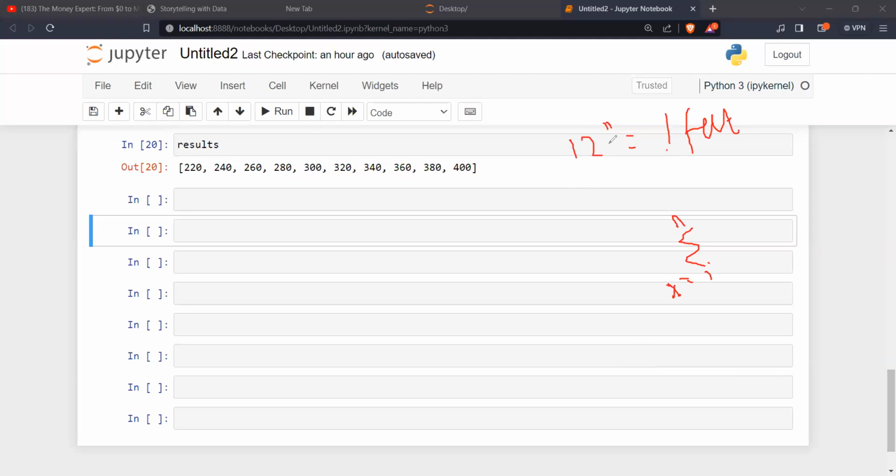So this is 12 inches, right? 12 inches equals this. So 1 feet is 12 inches. So if I now have maybe 30 inches, convert it to feet, what do you now do? You divide by 12.